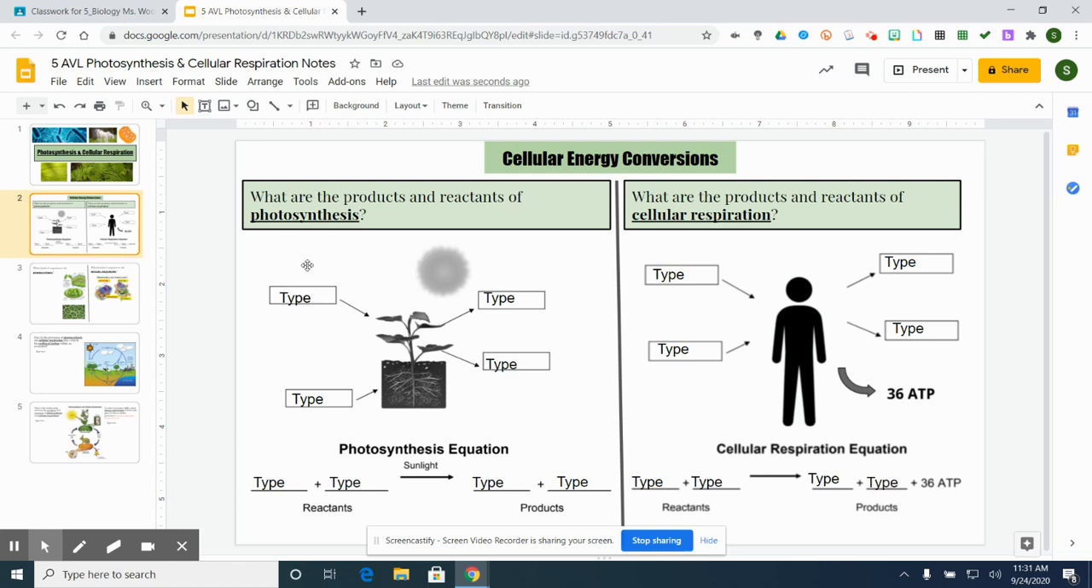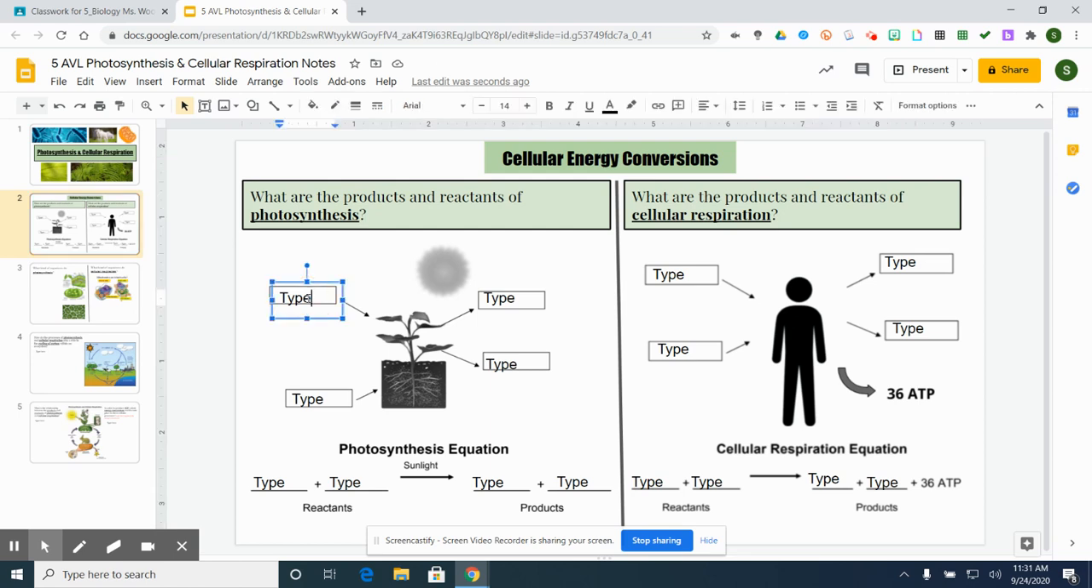So what are the products and reactants of photosynthesis? We have CO2, or carbon dioxide. And then we also have water, or H2O. Okay, so our plant will take in sunlight as well, so it'll get that solar energy. It'll take in sunlight, carbon dioxide, and water, and then it'll undergo photosynthesis, and it will release or have the